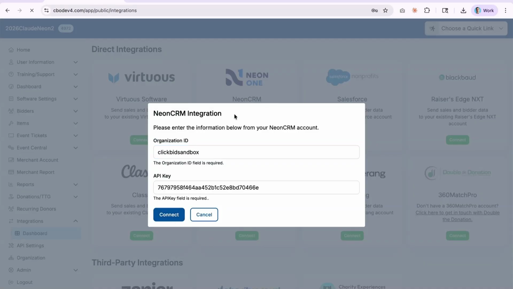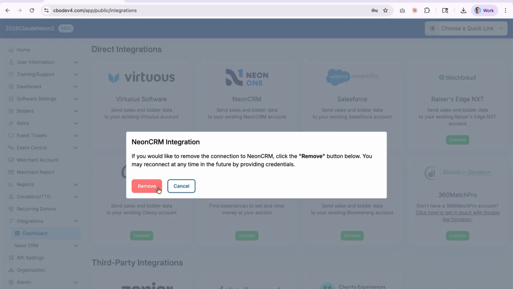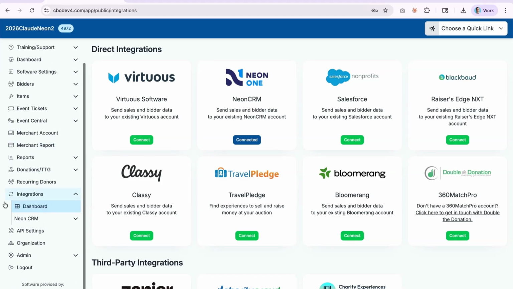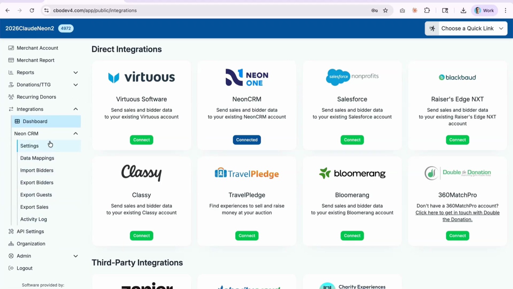And if all goes well, you're going to see a blue connected button. If you press on that, you can always disconnect the integration when you're done. All right, cool. So now that we're connected, you see a Neon CRM dropdown. I'm going to choose that,